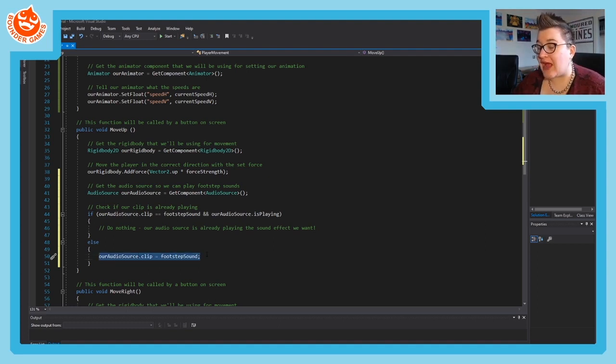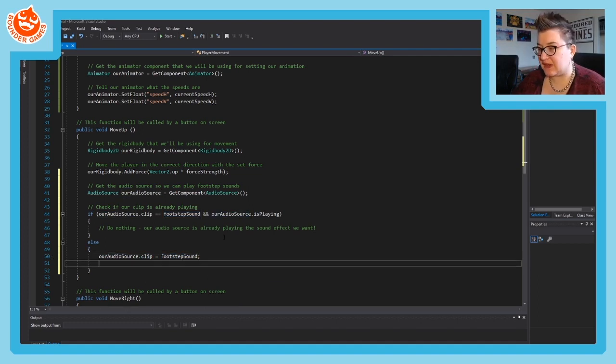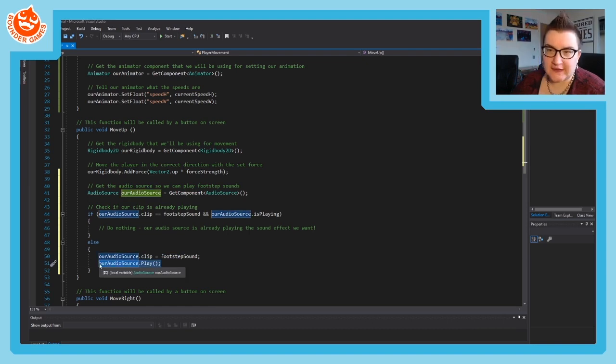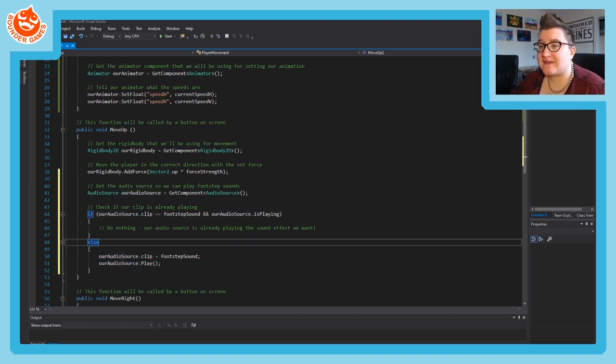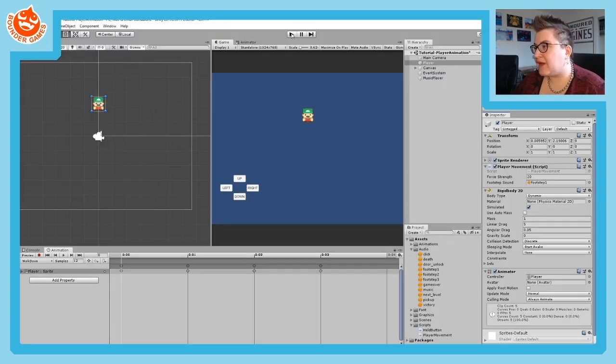So right down here, we're actually putting our footstep sound into the audio clip. We're setting it to be equal. Then we need to actually play it. So we do our audio source dot play. And this is a function, so we need an open close parenthesis after the name of the function. So the functions, remember, do things, whereas variables are just data. So this is setting data. This is actually doing something. It's playing the sound effect. Sorry, squeaky chair. So that is all we need to do to make a sound effect play when we move upward. So if I save that and I go back to Unity and I press play up here, what we should see,